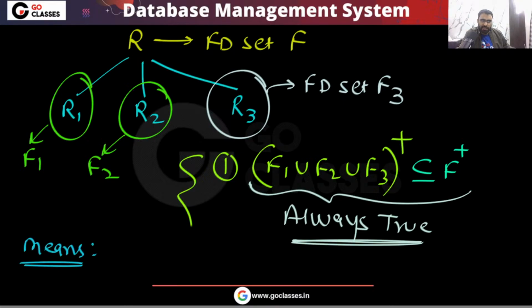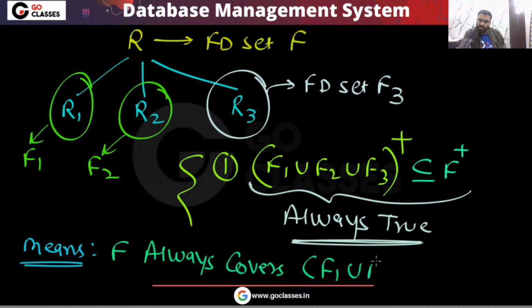This simply means that this F will always cover F1 union F2 union Fn. Yes or no? Okay, is this clear? This will always cover these. I hope you understood. This is the meaning, that this functional dependency set, this F, will always cover